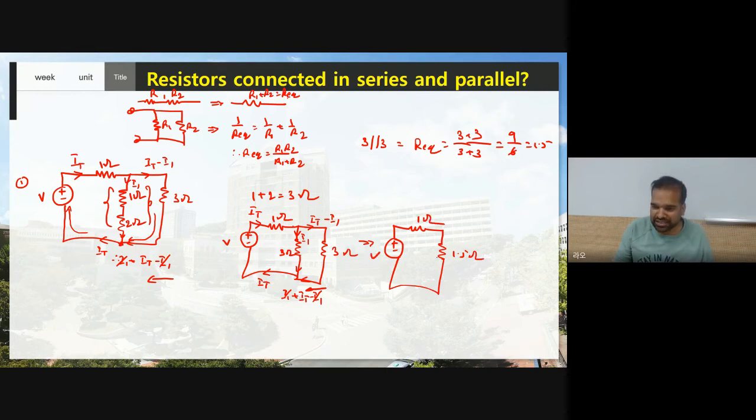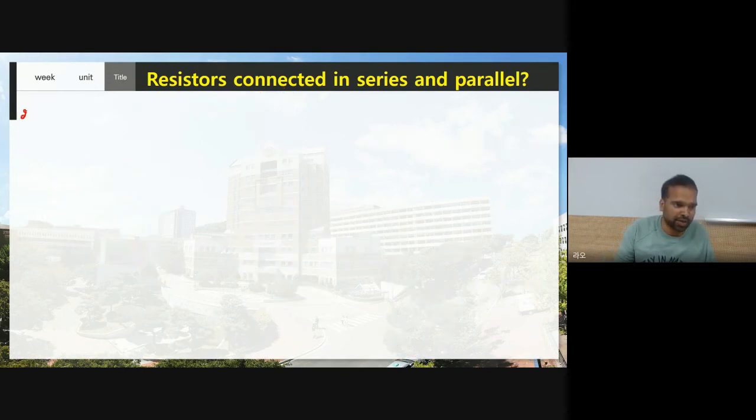Here these two resistors are connected in series. You can add 1 plus 1.5 ohm. Therefore this is 2.5 ohm. So instead of this circuit, I am going to replace it with the final R equivalent with the value of 2.5 ohm. See what I have done. By using the concept of resistors connected in series and parallel, finally I found R equivalent, which equals 2.5 ohm. So I'm going to solve another problem here. Now I'm using a source.